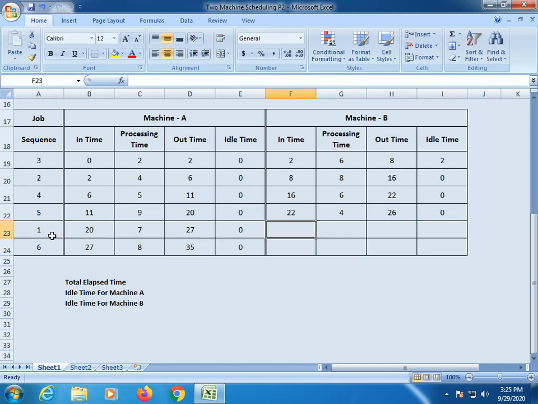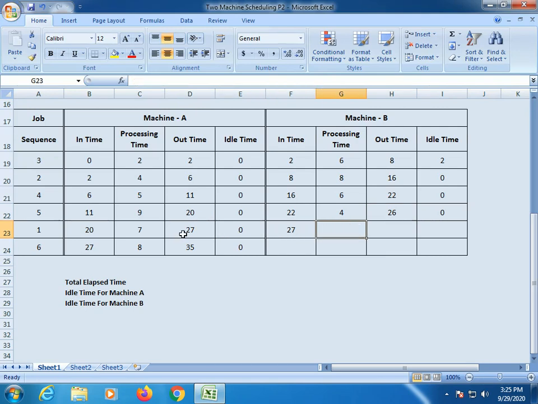We will get the job at 27th hour, but the machine is ready at 26th hour only. Then what do we have to do? Simply the machine has to wait for the 27th hour, and at 27th hour we will get the job. Then we will perform the job at 27th hour only. Here the machine has to wait 1 hour. Okay, so that is the logic.